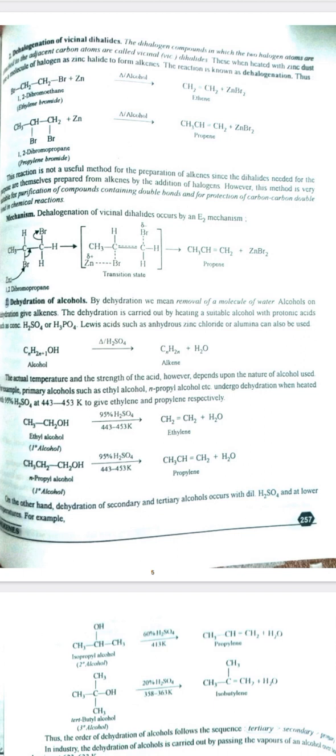For example, primary alcohols such as ethyl alcohol and propyl alcohol undergo dehydration when heated with 95% H2SO4 at 443 Kelvin to 453 Kelvin to give ethylene and propylene respectively. Ethyl alcohol in 95% sulfuric acid gives ethylene as the product, and propyl alcohol in 95% sulfuric acid gives propylene as the product. On the other hand, dehydration of secondary and tertiary alcohols occurs with dilute H2SO4 and at lower temperatures. For example,